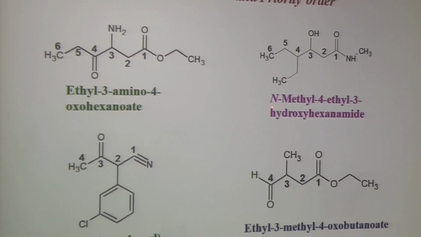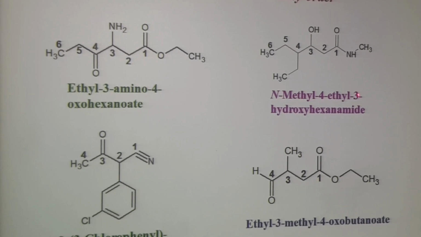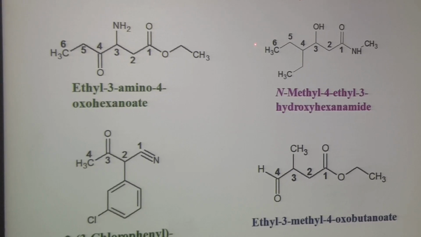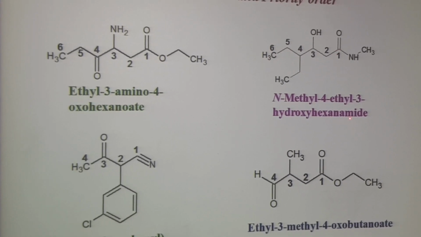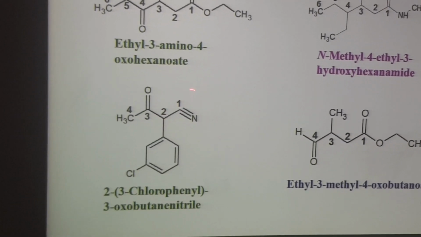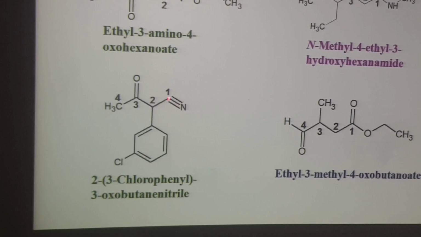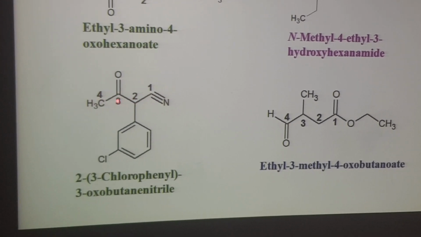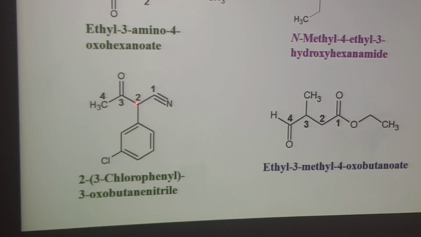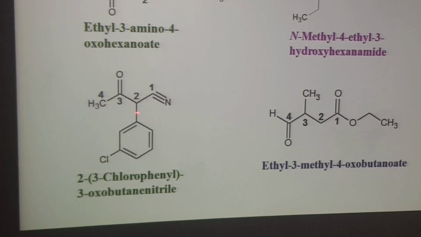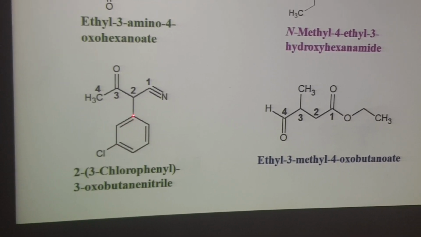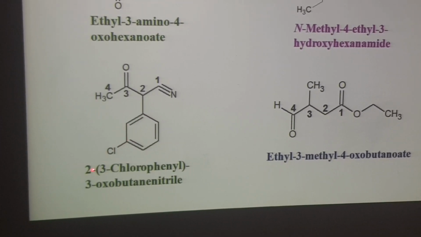Name of this molecule is N-methyl, 4-ethyl, 3-hydroxyhexane amide. Okay, so this is 6 carbon hexane amide. Here we have nitriles. Numbering starts from this carbon: 1, 2, 3, 4. At position 3 we have oxo, and at position 2 we have phenyl group. But this phenyl is further substituted at position 3. 1, 2, 3. So its name is